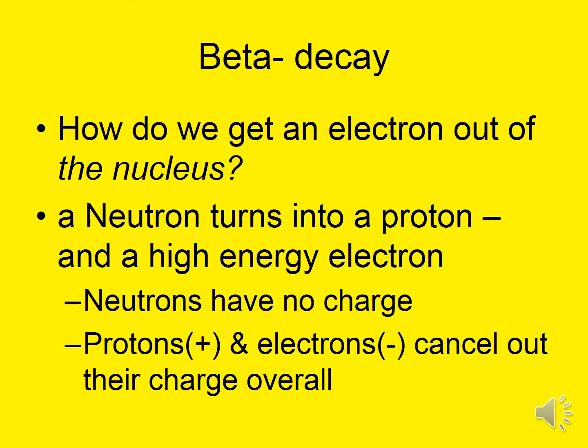So how does that happen? How do we get an electron out of the nucleus? And this is where it becomes a bit radical. A neutron turns into a proton and a high energy electron. Okay, so we're converting a neutron with a 0 charge into two other particles, a proton plus and an electron